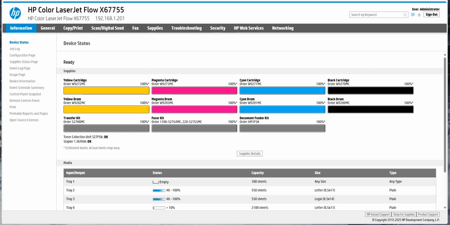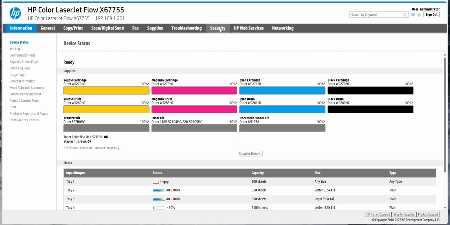So permission sets are designed to help control what users have access to at the panel, especially when they walk up to it. You can control just walk-up users and you can control actual users that authenticate at the machine. That allows you to make sure they don't have access to what you don't want them to have access to, something like the settings of the machine. Today I'm going to give you an overview of permission sets and how they're utilized and set up. The first thing we're going to do is log into the EWS as the administrator,